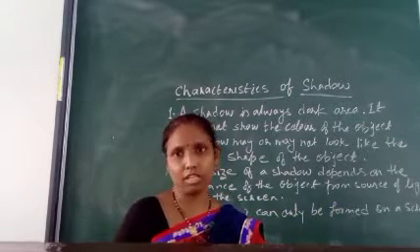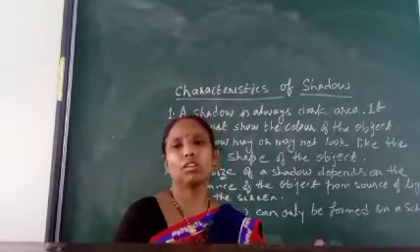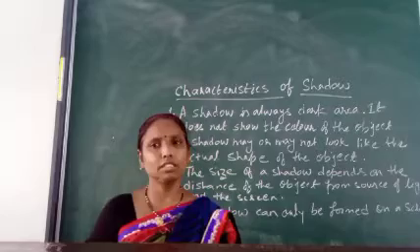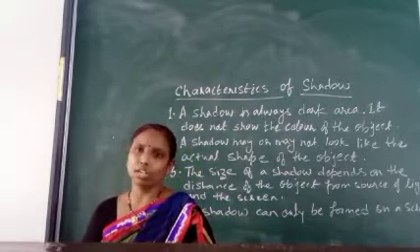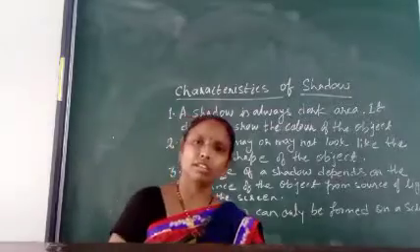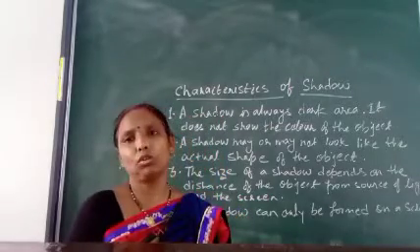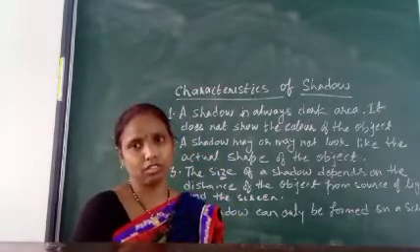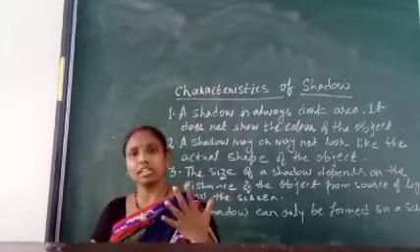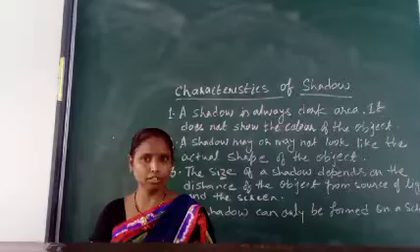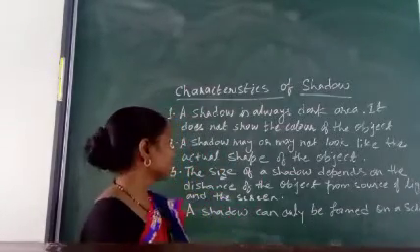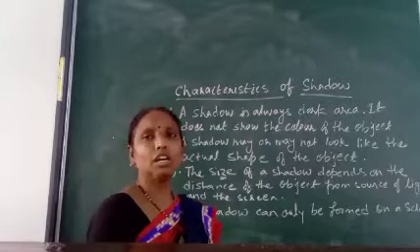Whatever the color of the object that is blocking the light, the color of the object doesn't matter to the color of the shadow. So the shadow of any object, whether it is red, blue or green, will always be a dark, black shadow, a dark patch behind that opaque object. Understand? So this is the first characteristic, that a shadow is always a dark area.